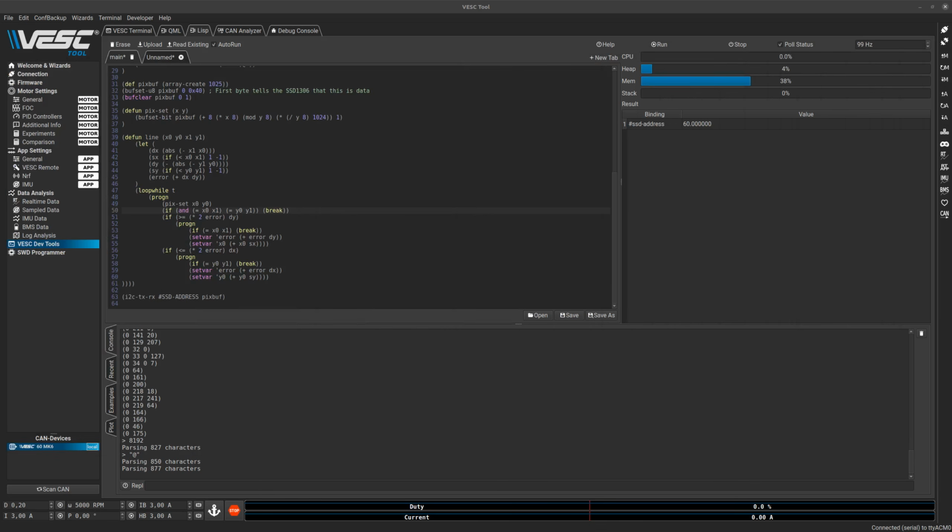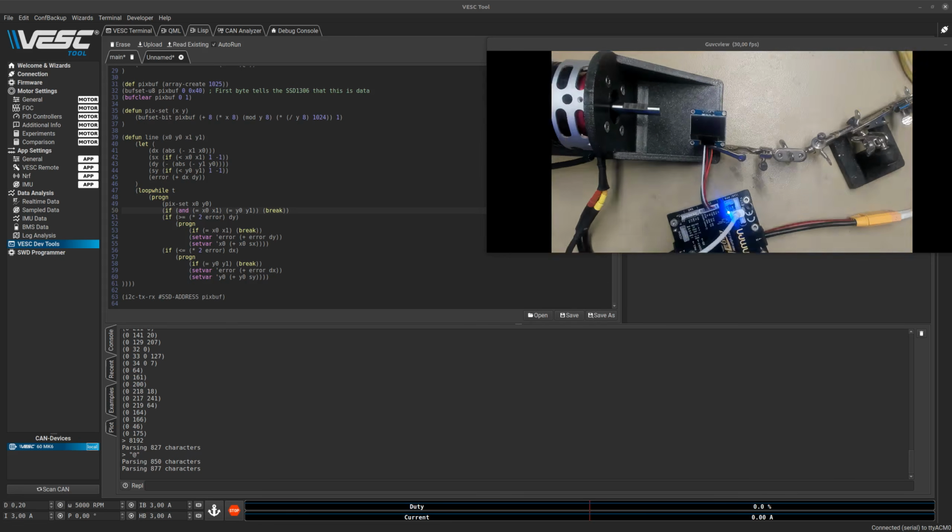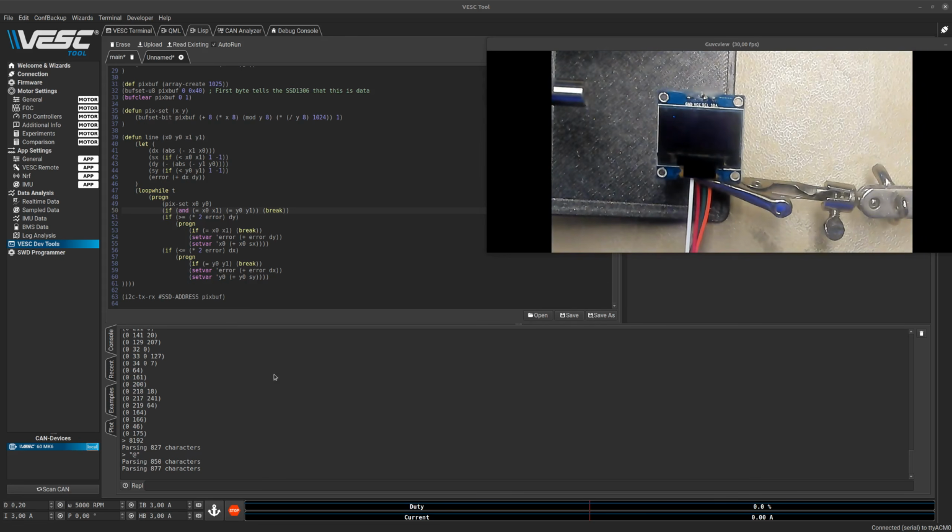So let's try this one out. Let's put the display back here, and we can zoom in a bit again. And we can upload this code. And now we can use the REPL actually. Let's see, we use the line function, and by the way, I'll mention that